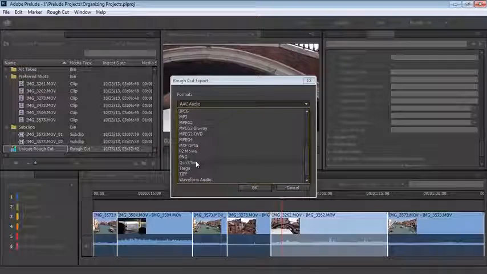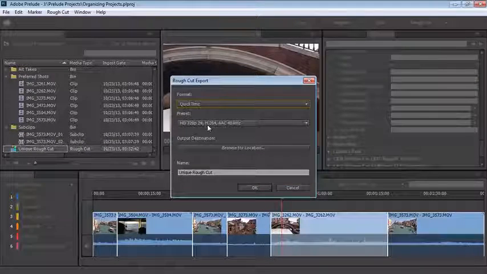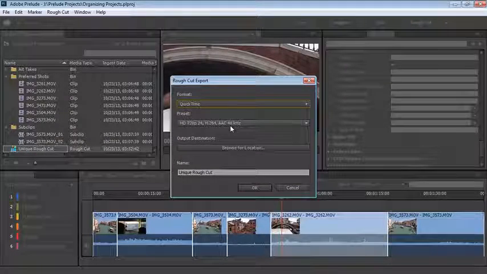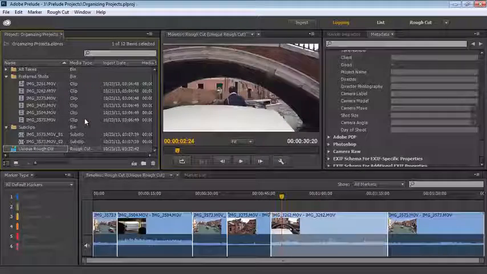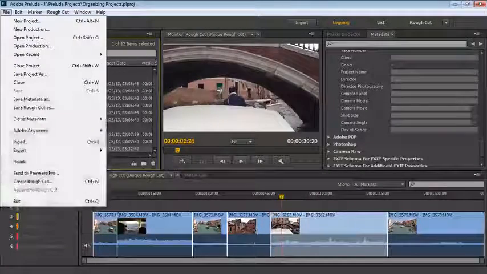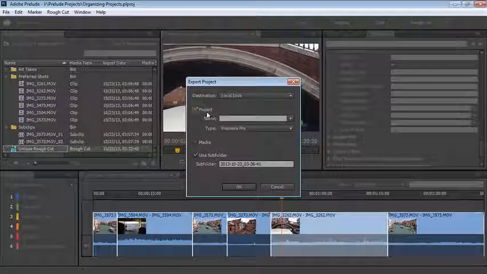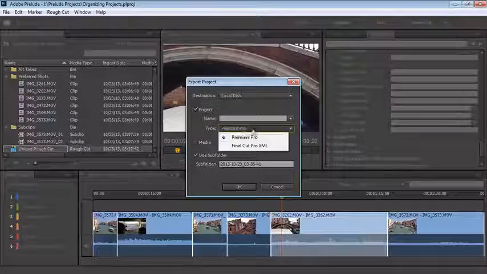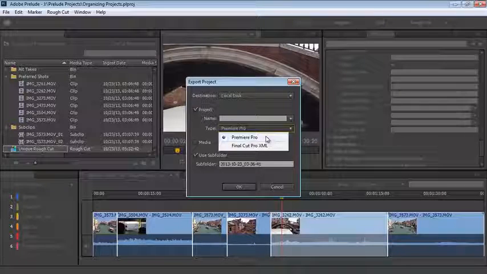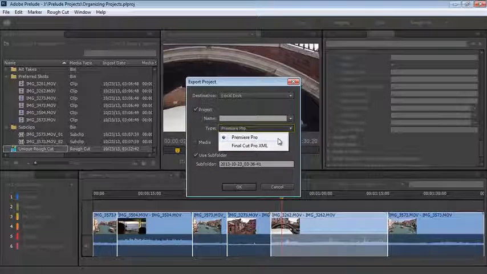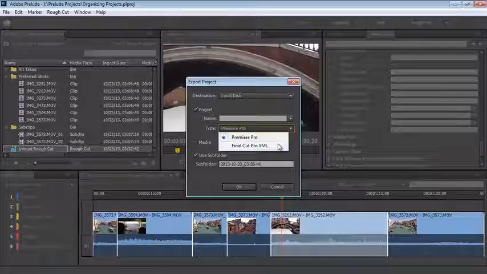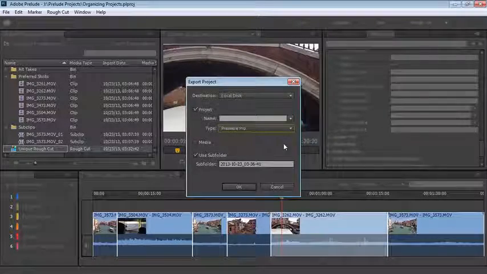Maybe I can do QuickTime and choose any of the QuickTime presets, and I can store these as a file on my hard drive. Or perhaps more interestingly, I can export my project, and if I turn on this checkbox for project, I can specify that I want the entire project to be saved as a Premiere Pro project file or a Final Cut Pro XML. I'll just press Escape to come out of that.